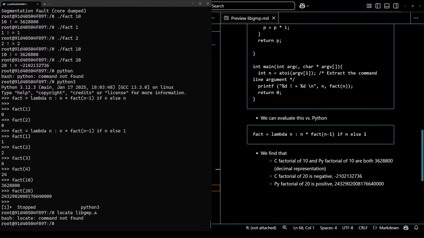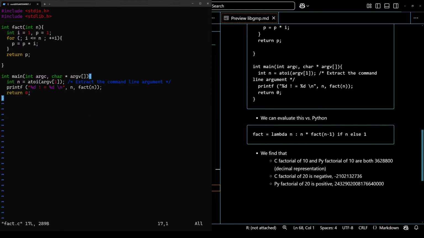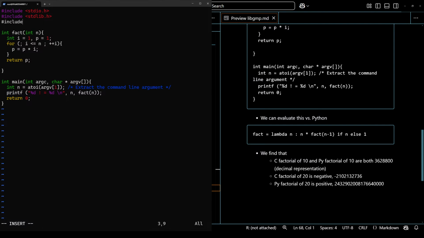And it's not graceful, it's not illogical, right? It's just kind of odd. So we're going to do vim fact.c. We're going to include gmp.h. When we include gmp.h,